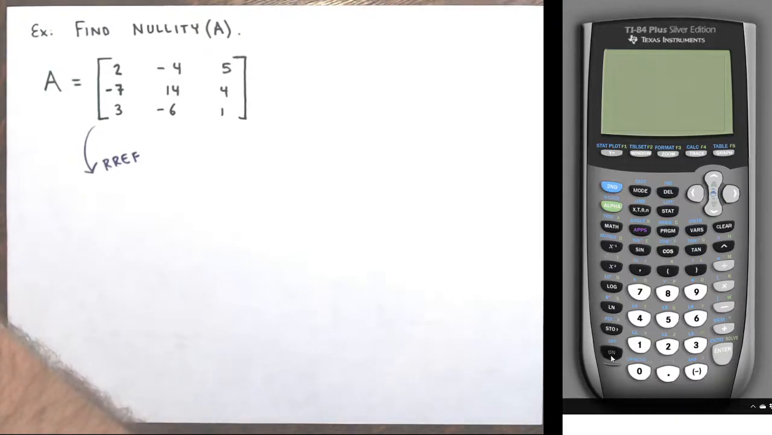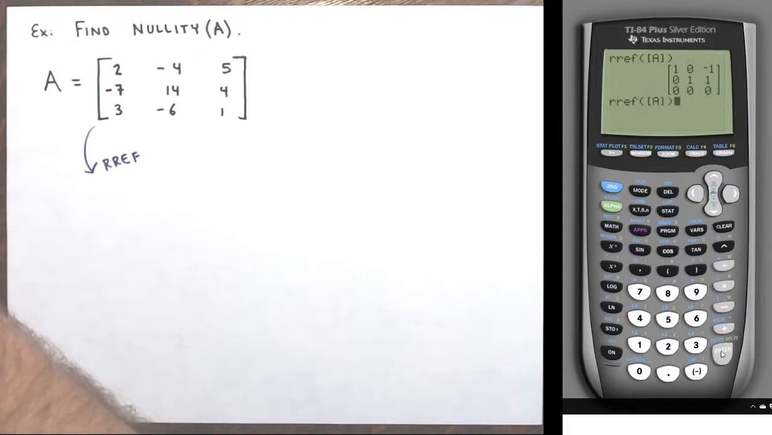All right, so back to the calculator here, going to the matrix, over to edit. This is again a 3 by 3, so I keep the same size. I'm just re-entering the entries. Down the first row is 2, -4, 5. Second row, -7, 14, 4, and 3, -6, 1. All right, and then the last thing I entered on the main screen was reduced row echelon form for matrix A,